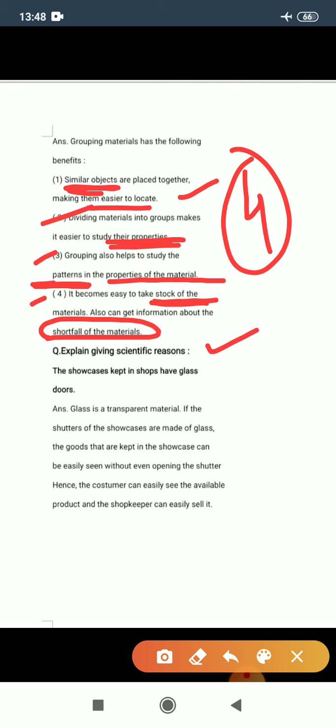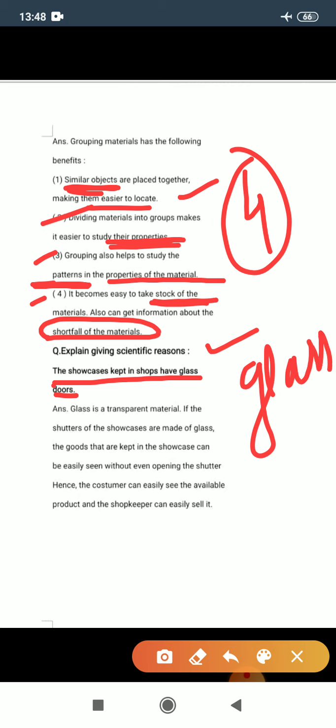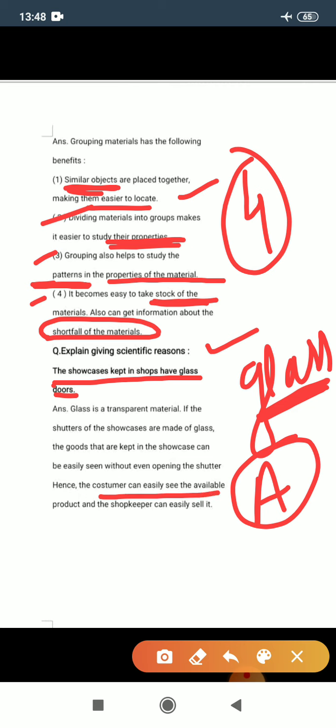After that, we saw explain giving scientific reason, in that, the showcases kept in shops have glass doors. So why? Because glass is a transparent material. The shutters of those showcases are made of glass because they can easily attract the customers towards their product. That is why the consumers can easily see the available product and the shopkeeper can easily sell it. That is why